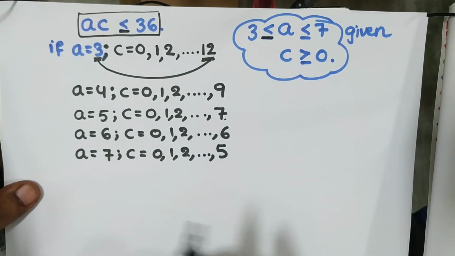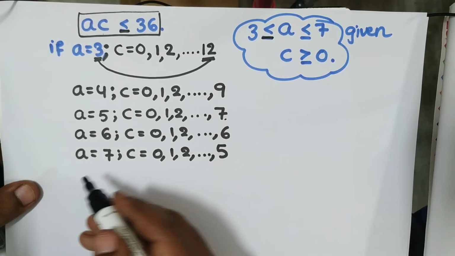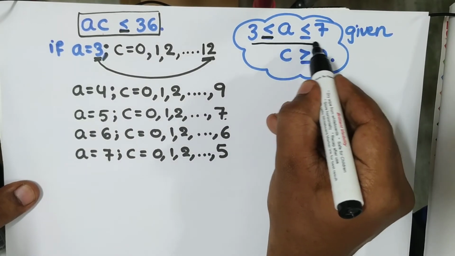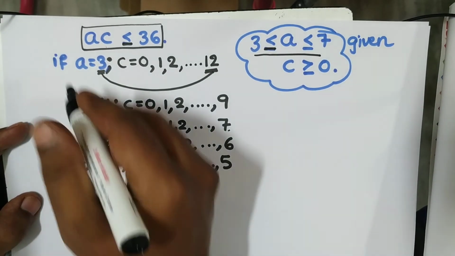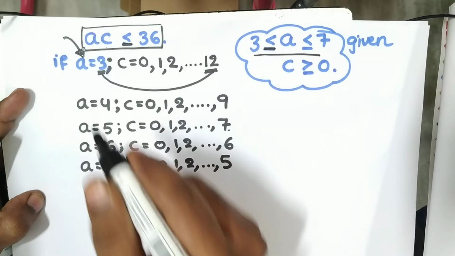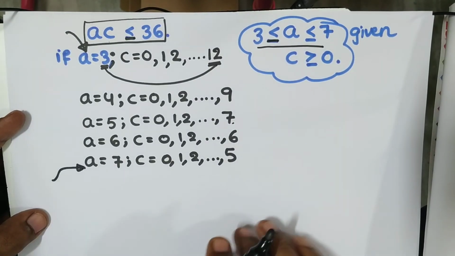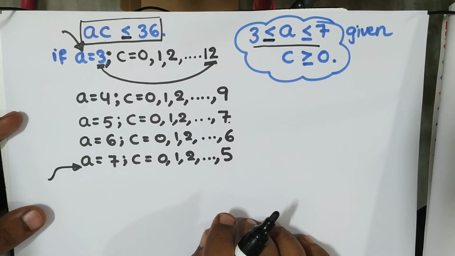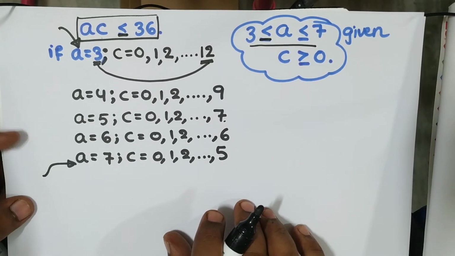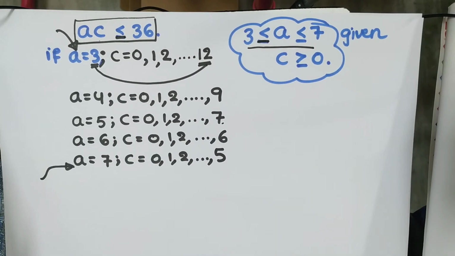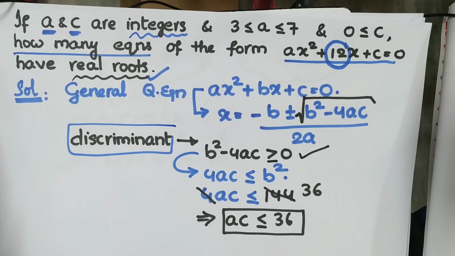Okay. Do you want to go for A equal to 8? Please don't go. Please read your question again. The question is A is in between 3 and 7. So we have kick-started at A equal to 3, and now we are going to terminate at A equal to 7. Happy? So we are within the boundary. Okay. So now what do you do? Now the question is what? The question is,